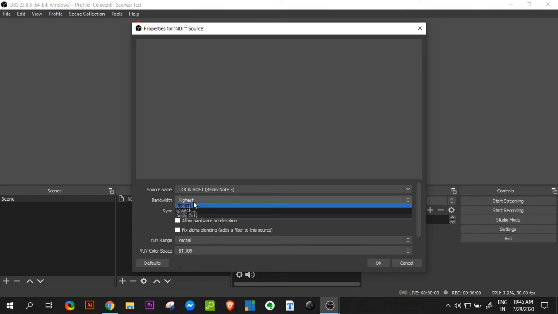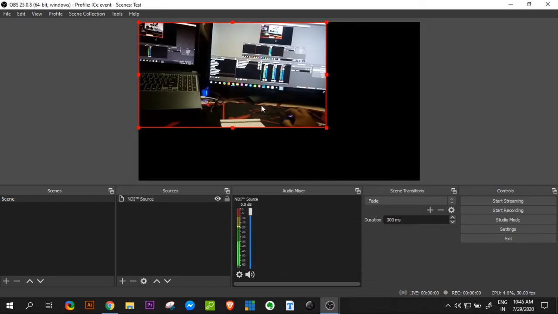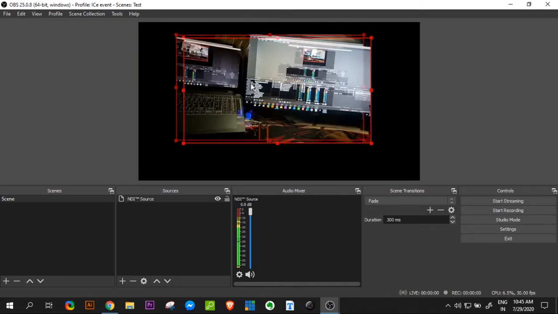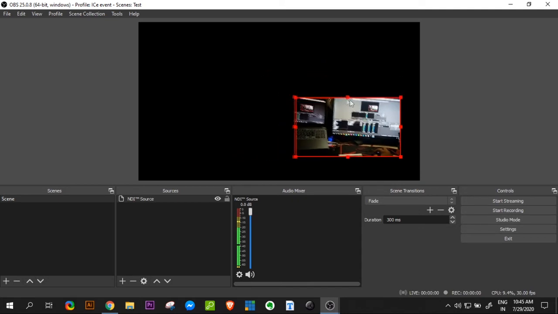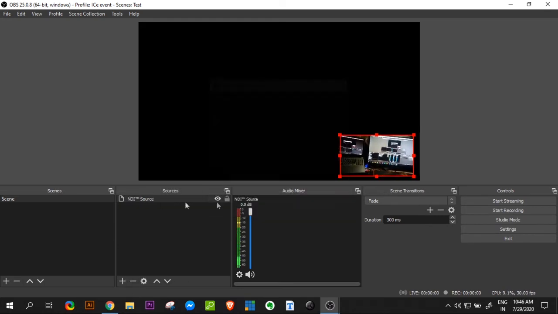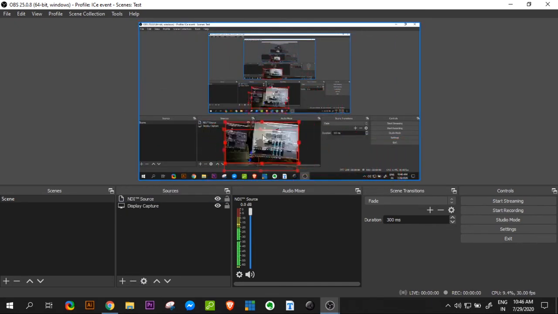For the bandwidth, I'll select the highest because it gives the highest quality of our video. Similarly, we will select the sync as source timing. Now click on the OK button, and then our application is ready. So our Android webcam is ready, and we can just set it up here. We can increase or decrease the size of the webcam so that it can be used over any other files that are open. Let's set our display capture. I have added my display capture, and in the same way I can use my NDI source as my